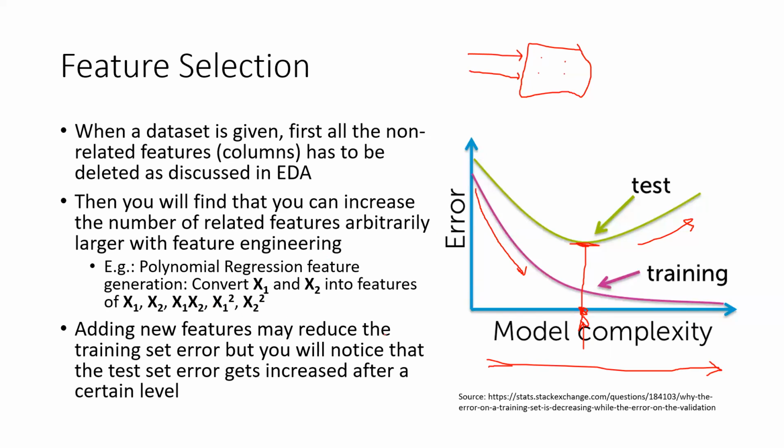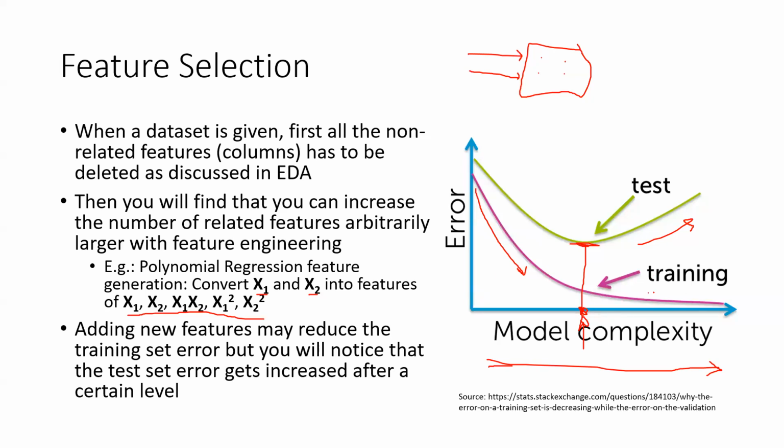When you are adding new features, you can actually change the features like we discussed earlier. Like if we have features x1 and x2, we can take the polynomials of x1 and x2 and add them as features to the model, right? Then we can test how the test set performance is affected, and then we can decide what features you have to use, right? What you have to remember is that adding new features may increase the model accuracy, but